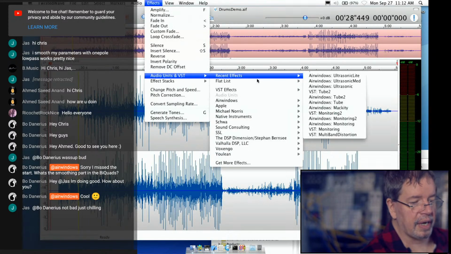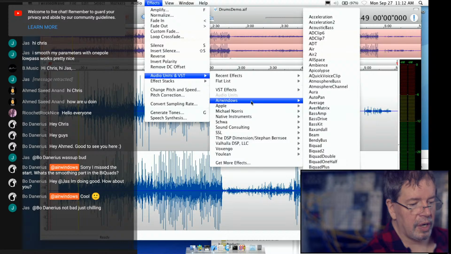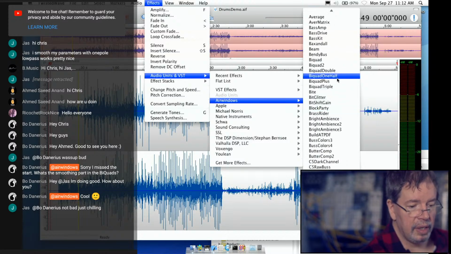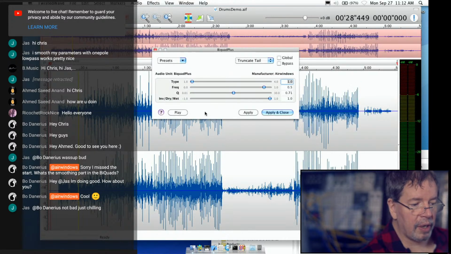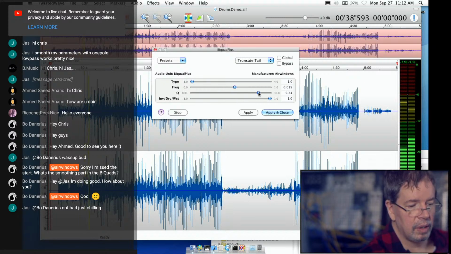So if I select Airwindows, which is going to give me the component files, and Biquad Plus, what do we have? That's a Butterworth filter. And that's a resonant filter.